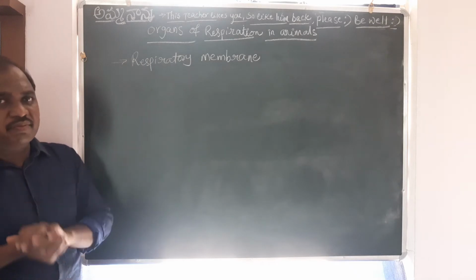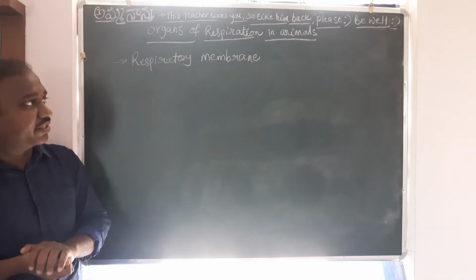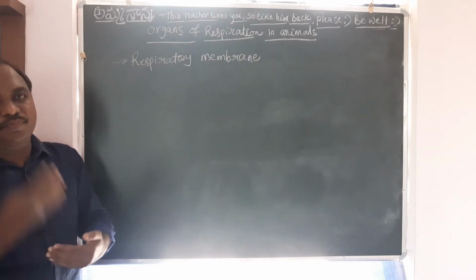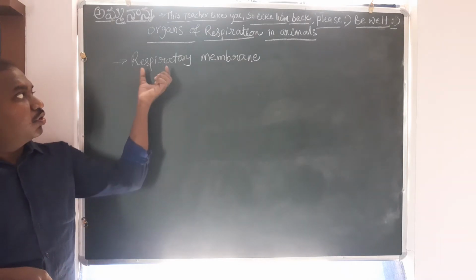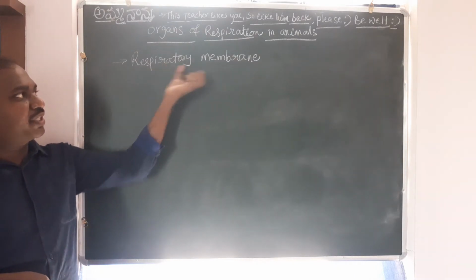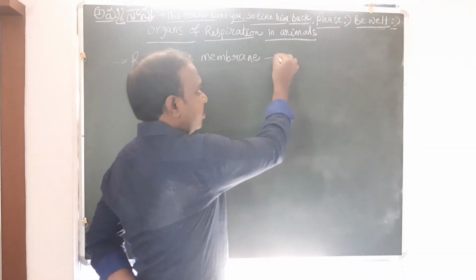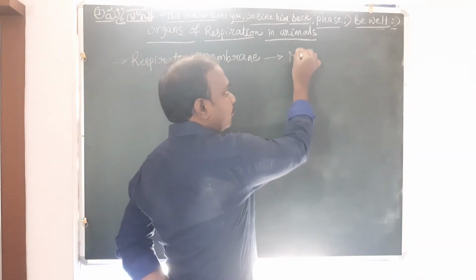Any respiratory membrane for that matter has to have some characters to be able to allow the diffusion. What are some characters this respiratory membrane should have? One of these is that the respiratory membrane should be moist,